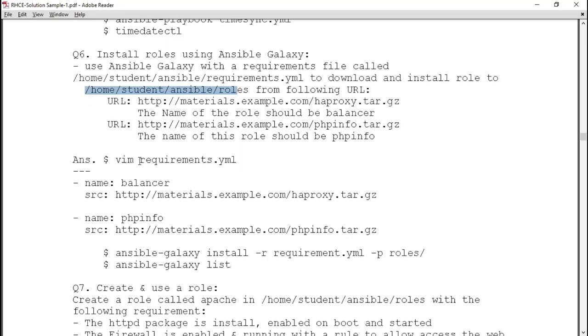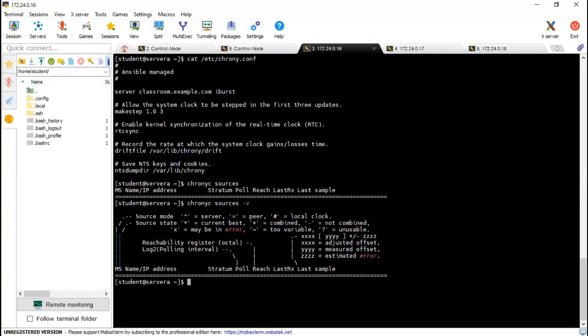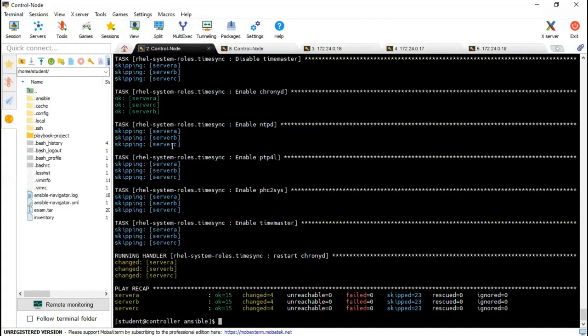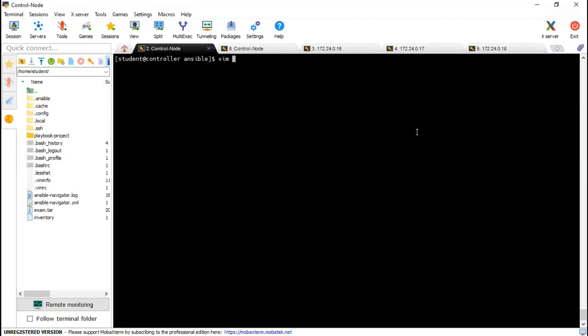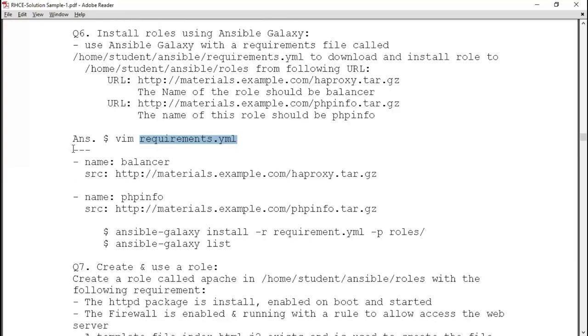So we need to create this requirements.yml. So let me create that requirements.yml. This question is to install the roles. I will create this requirements.yml and copy the location.